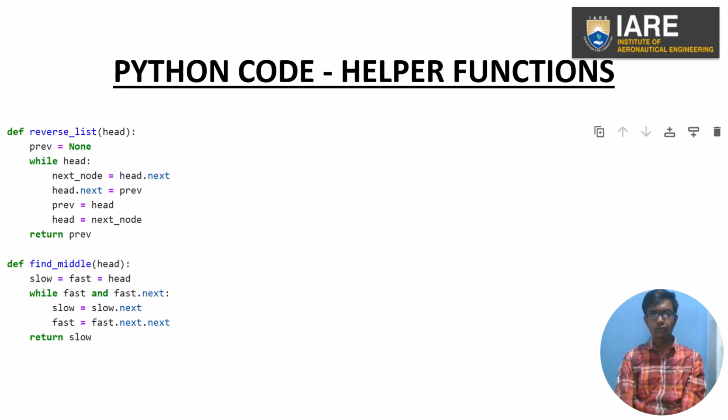Now let's go through the Python code which I had made in Jupyter Notebook. I divided this Python code into three parts as discussed before. The first one is the part of helper functions, the current slide, and the next two parts I'll discuss later after this slide. Coming to this slide, in the first cell I defined two important functions for a linked